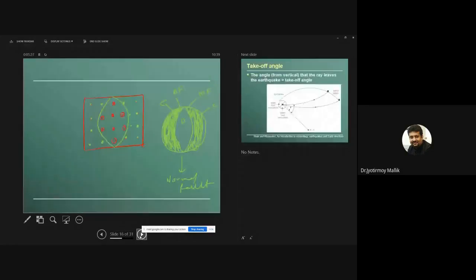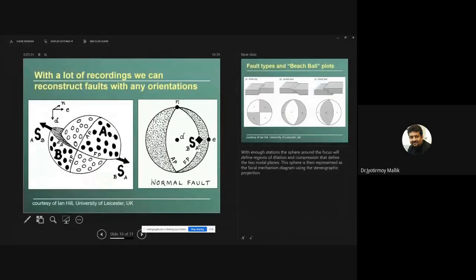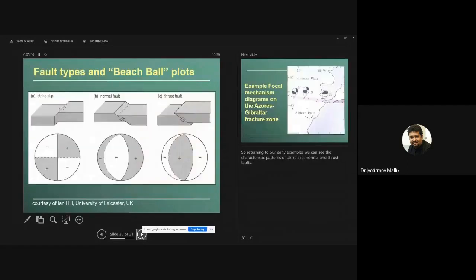Here you can only say that this is not important. So this is the normal fault, as you can see. Now, of course, this is one plane, this is another plane. Here they have denoted, maybe they have got some other evidence, that this is my fault plane, and this is my auxiliary plane. Okay.